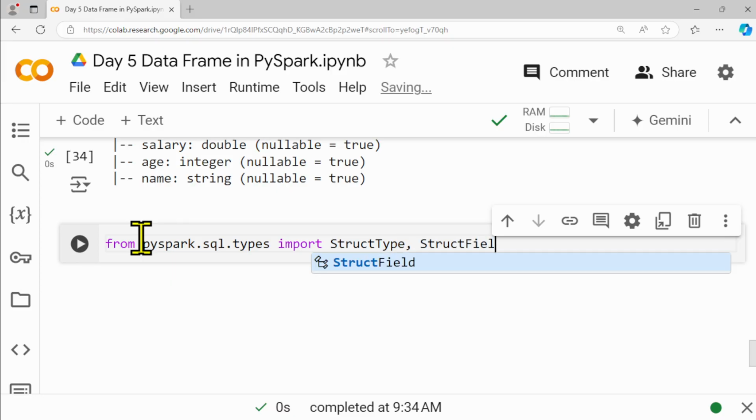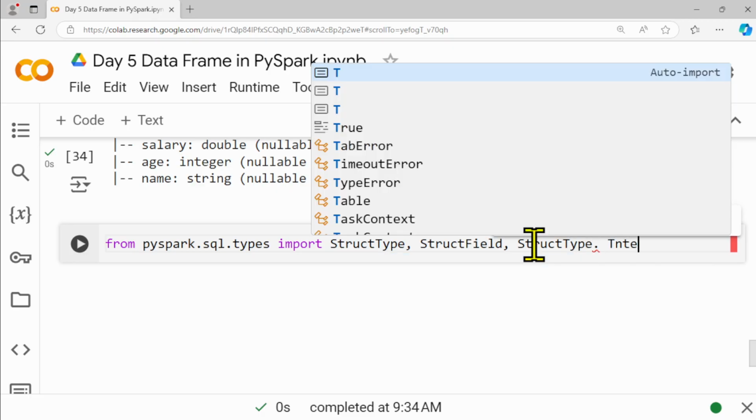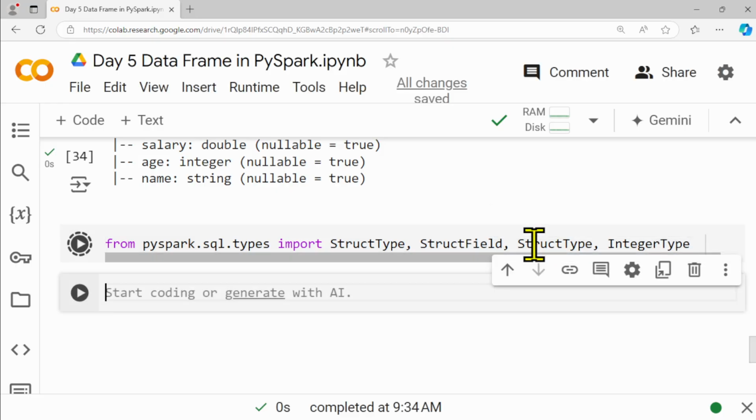So this is the field struct type and struct field, and later on I'm going to change this struct type as well, and then integer type. So these are the necessary libraries I have to import if I want to